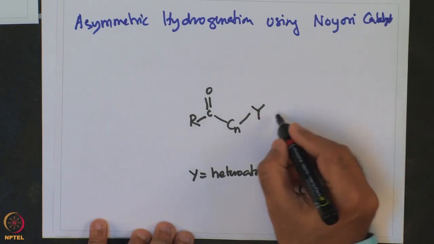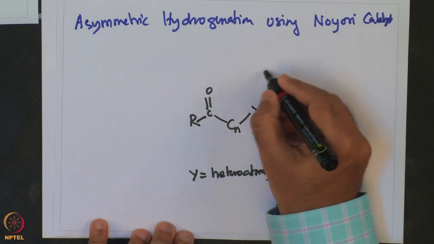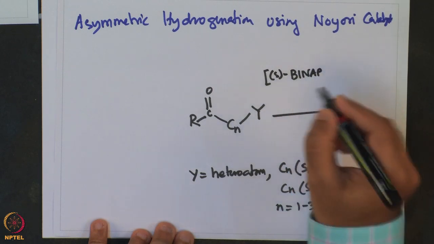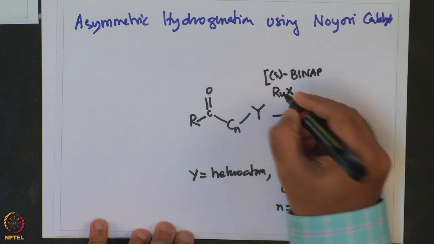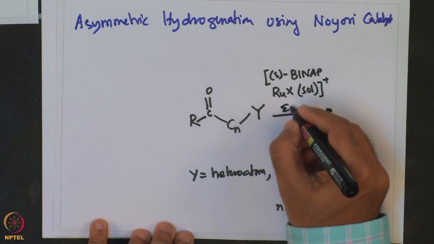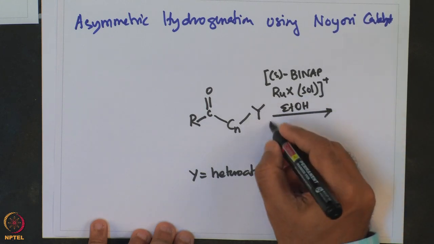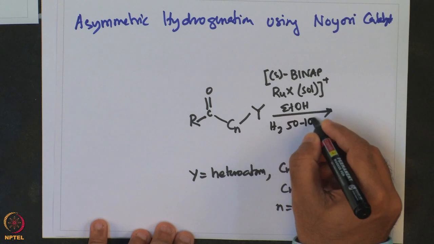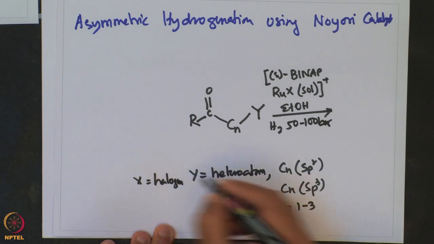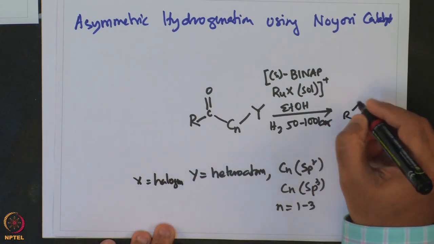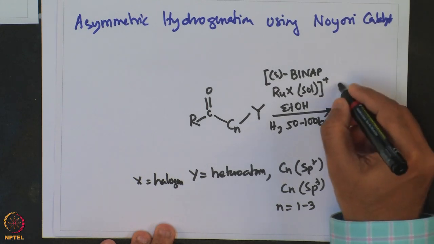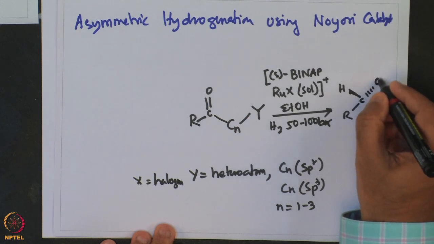So, when treated with S-BINAP ruthenium X solvent plus ethanol, hydrogen 50 to 100 bar, X equals halogen, then one gets R C H OH